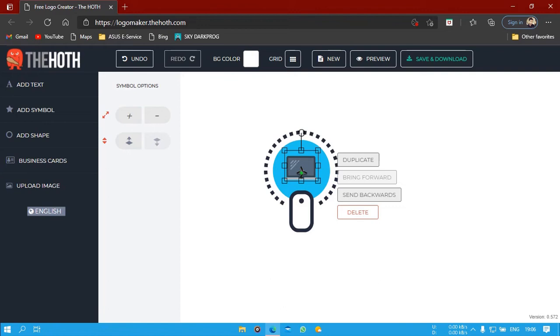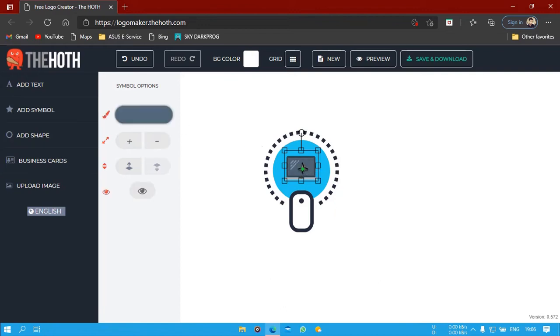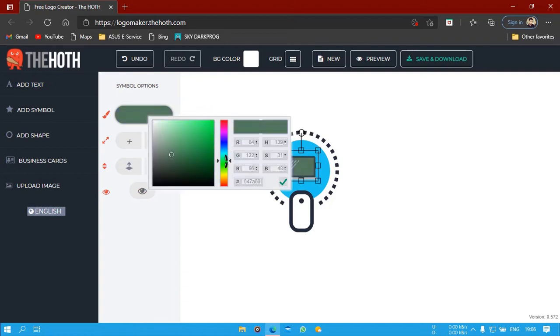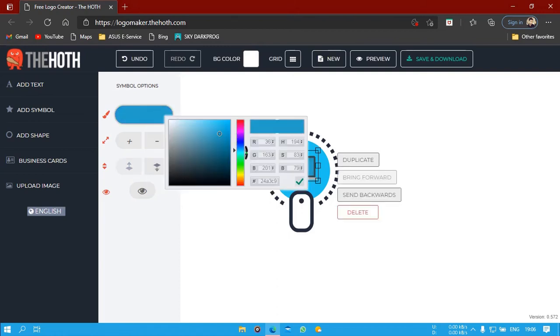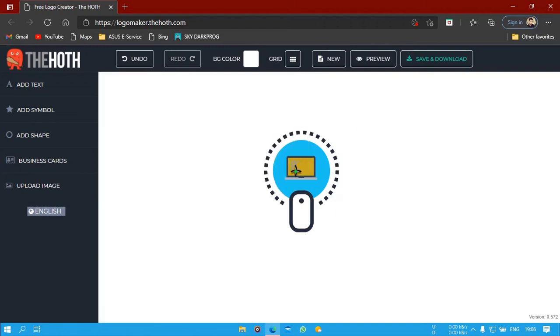So to change this icon color, again select your icon, and in the left pane let's pick some another color. Now we have successfully created our icon.